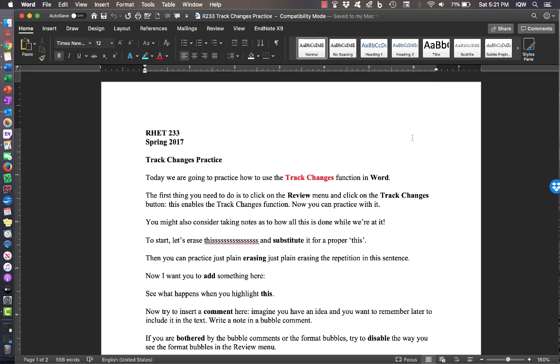The advantages, I think, are that, one, you never lose anything that you write. You can make notes for yourself to come back to later. Two, you can collaborate with other people and see who has done what in the same document. And overall, I think it is a great